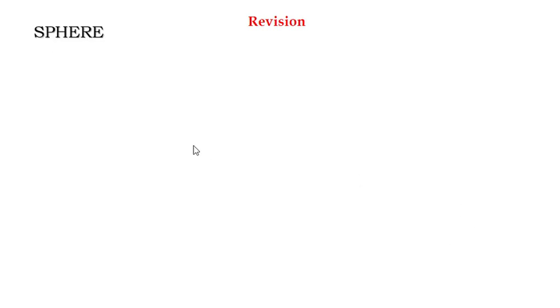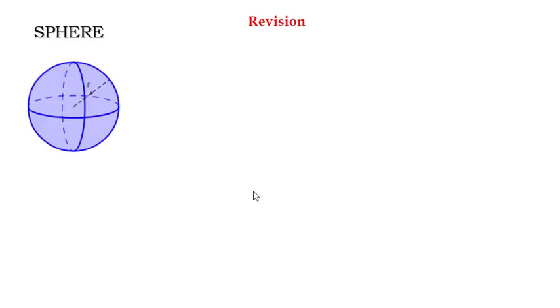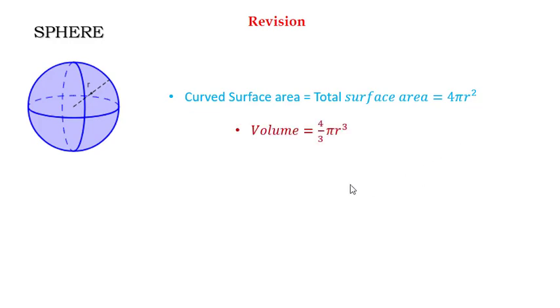Right? Okay. Now let us see a sphere. For a sphere, the curved surface area and the total surface area are the same because all the area is curved only. So the total surface area is 4 times pi r square. Volume is 4/3 pi r cube. Now we are not interested in derivation of these formulas, so we are just going through the formulas and not discussing how they come.